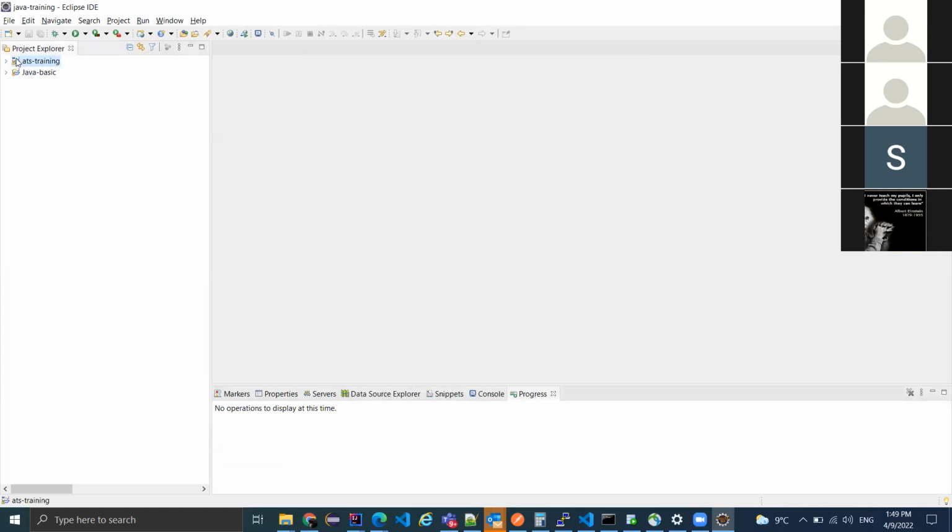If you open this folder, this ATS training we have created from the initializer. Now the structure of the project is completely different, unlike this project. See here, you can compare. First thing you will see here is Java 15, here is Java 8. Can you see here? Because we have chosen Java 8, therefore now we are seeing Java 8. Second thing, this project has pom.xml because we are using the Maven setup. So if you open this pom.xml here,